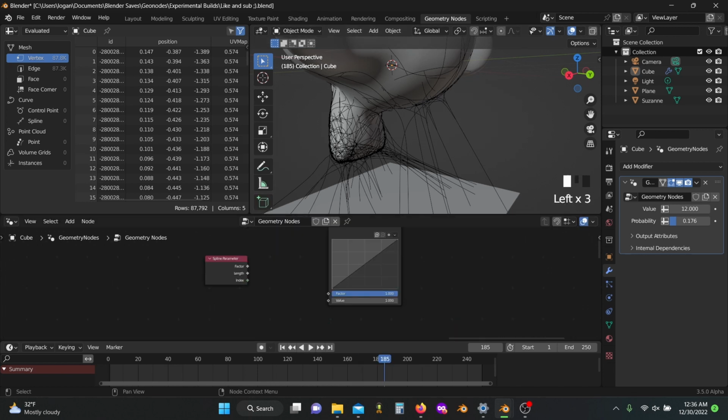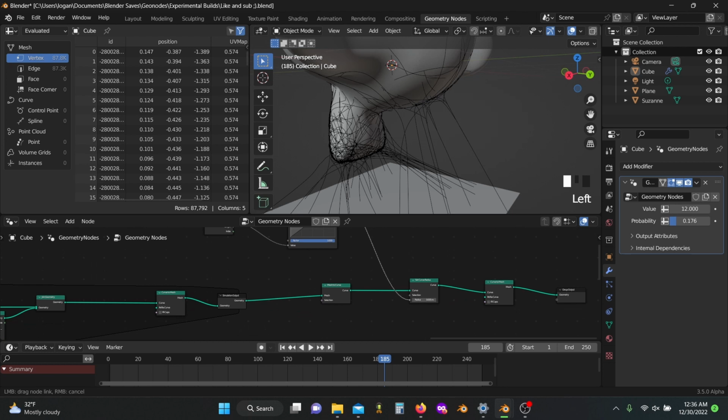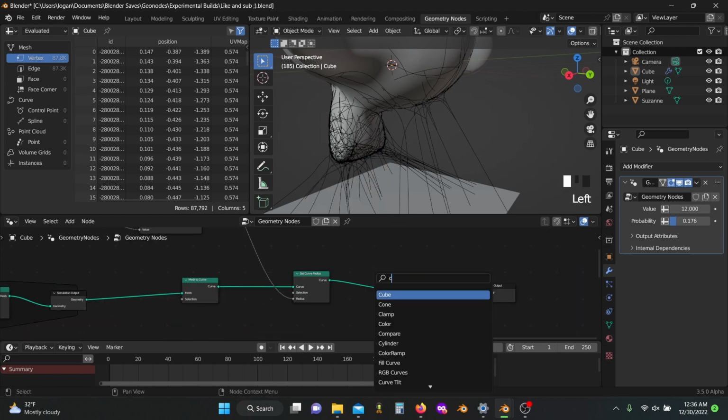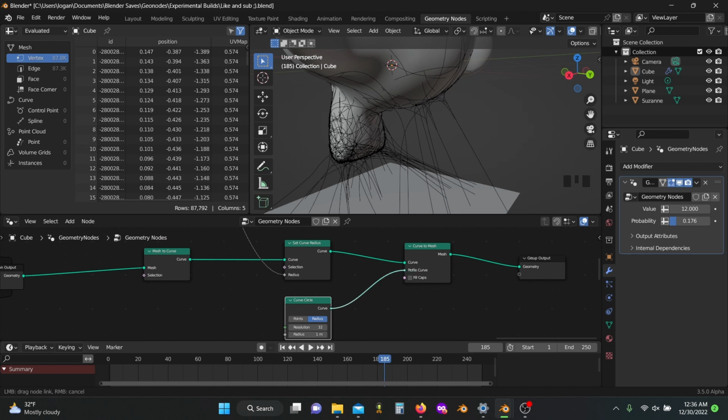We can plug the factor value from here into the value slot on our float curve, then plug this into our set curve radius node, grab a curve circle, plug this into the profile curve,